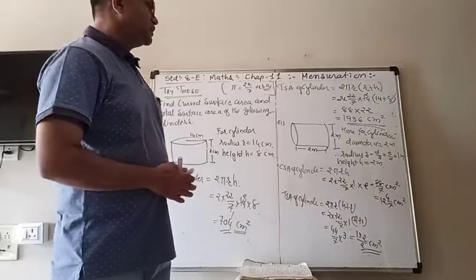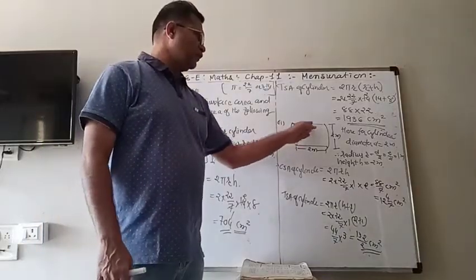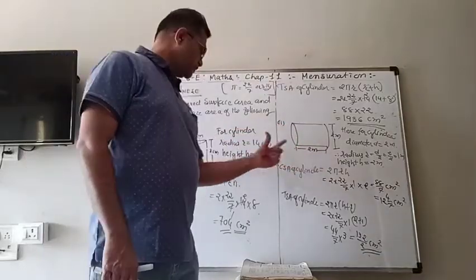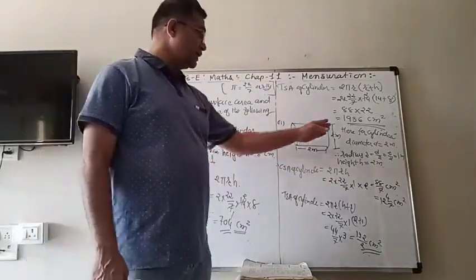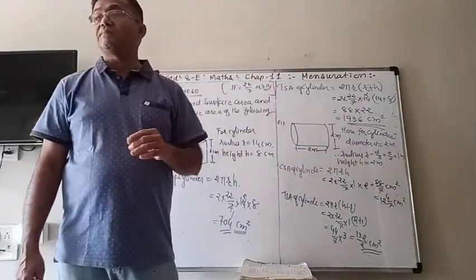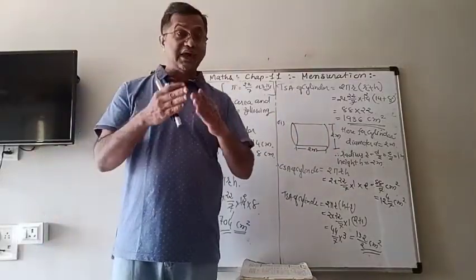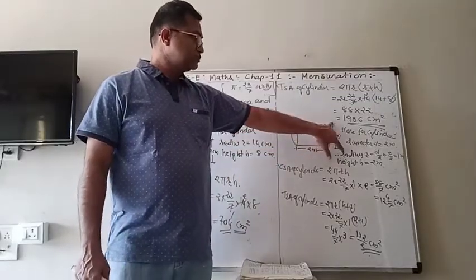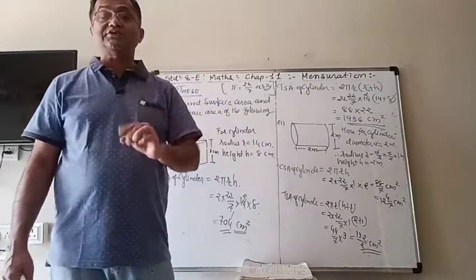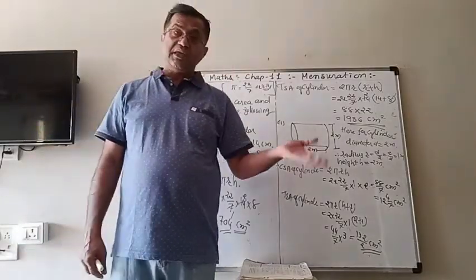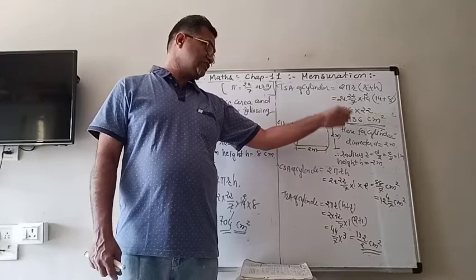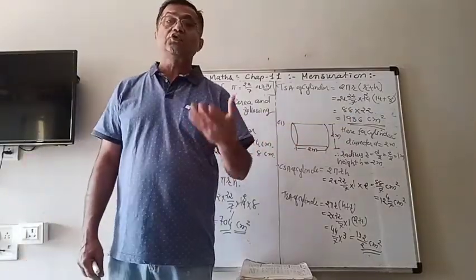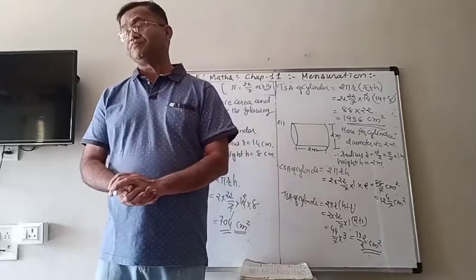So it doesn't matter whether the cylinder is given vertical or horizontal like that. Then that one or that one is taken as height. And here be careful when the diameter is given. If it is half given then it is radius, but if it is total given, it is the diameter. So from diameter we have to find the radius, and then by using this formula, the CSA or the TSA according to the question we have to find.